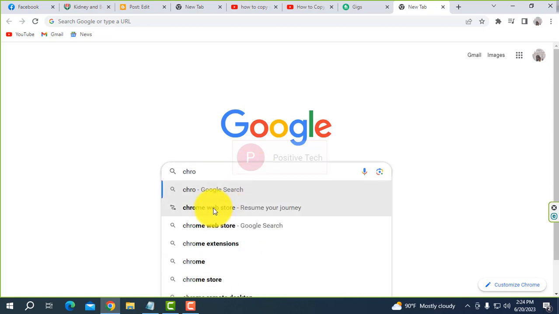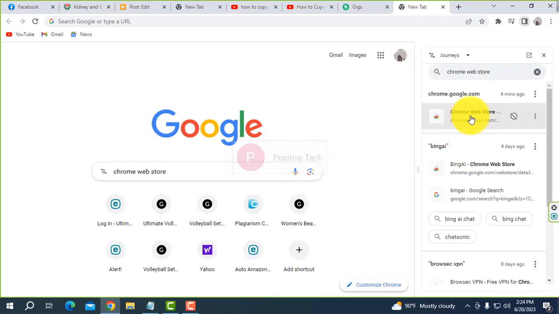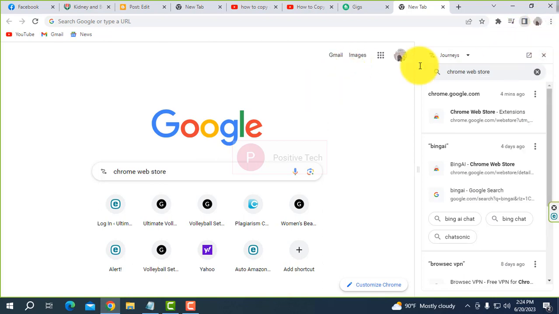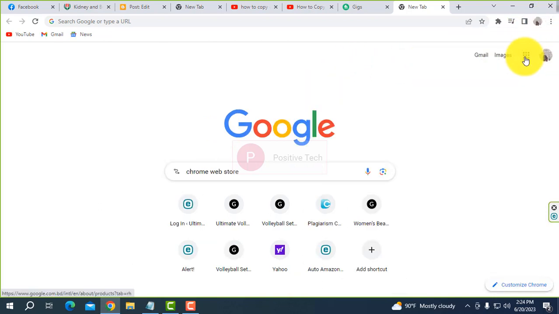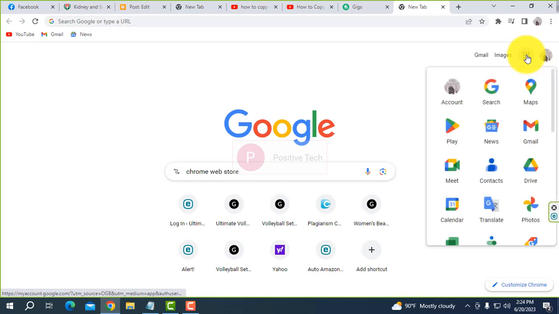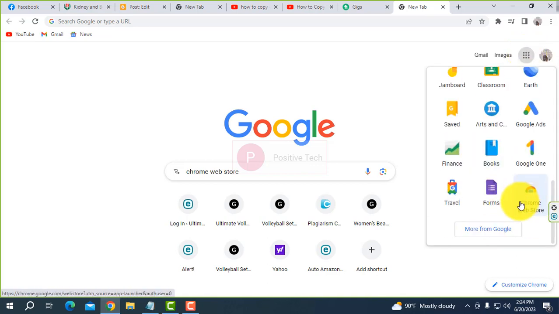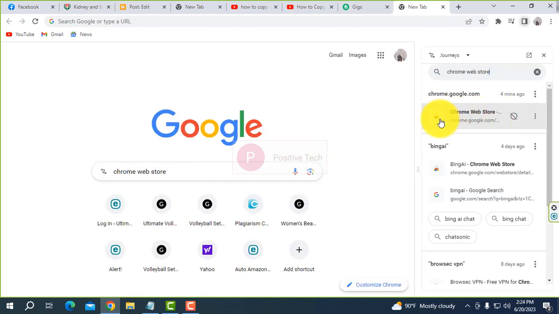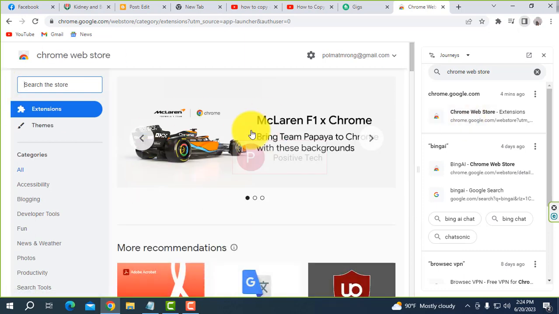Chrome Web Store. Here the Chrome Web Store will open. Just click this, or you can go there. You can choose here and go a little bit down. Here is the Chrome Web Store, or if you can't find it, just write Chrome Web Store and click search. Whenever you search, that's the first one. You can select it, and that page will open, and then you have to